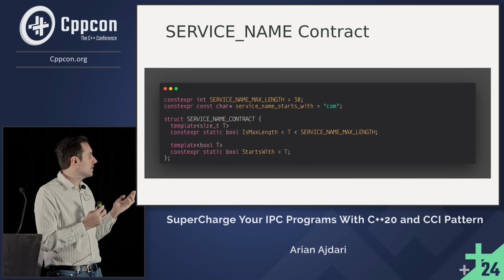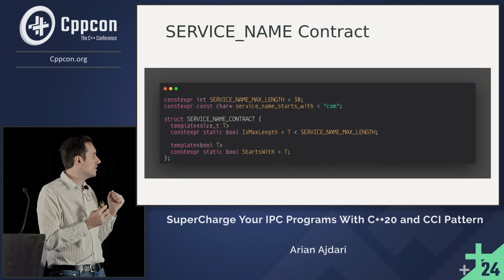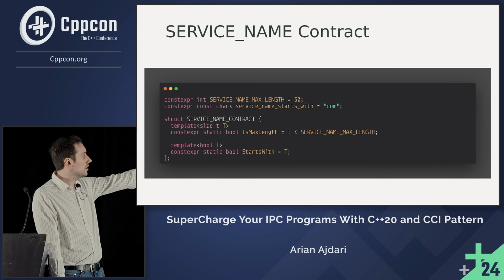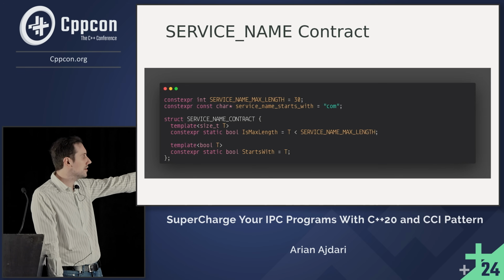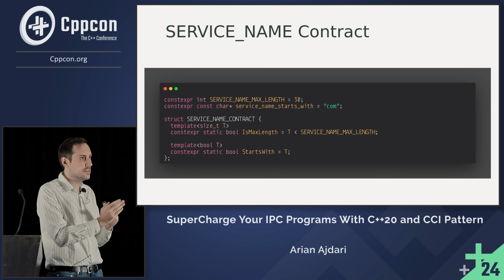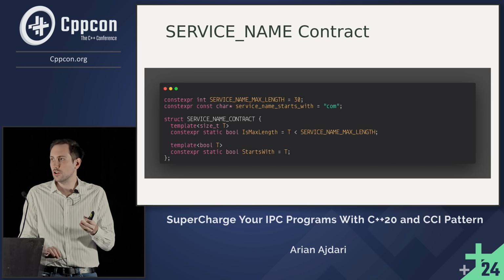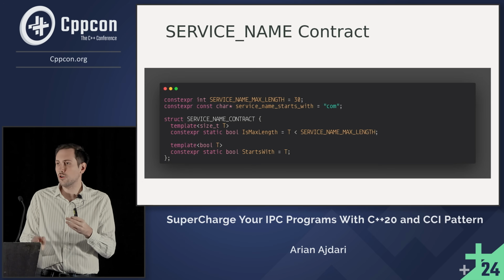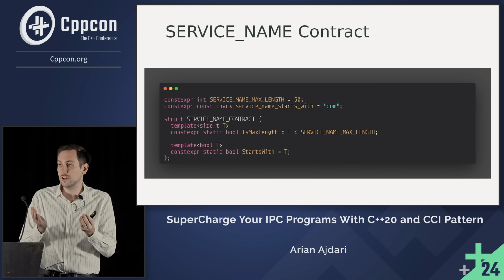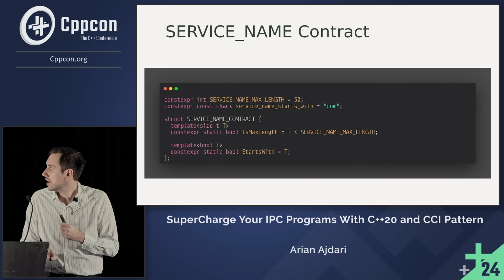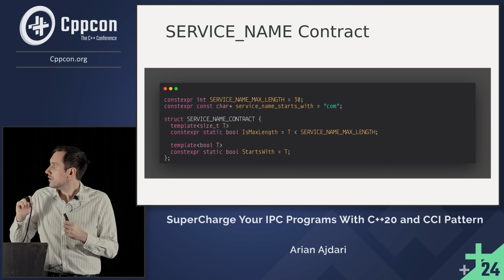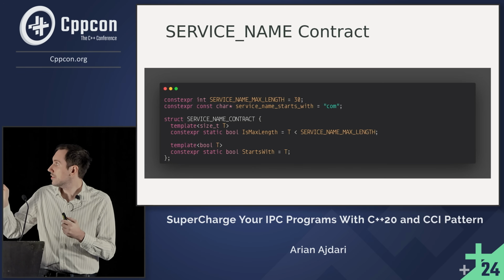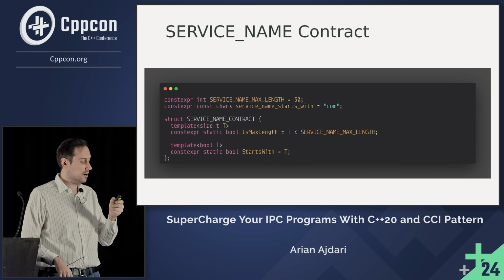Then creating a contract was easy. We had only to use 2 clauses. And you notice that it's the first time that we are using a clause which does not return a Boolean, but it returns actually the size of the constant string. So this is like an exception, because in the beginning I told you that all of our clauses will return Boolean, but you are not forced to do that. According to your needs, you can update your contracts to return different types. In our case, we want to make sure that we get size_t. So the first clause is whether the max length is satisfied, and the second one is whether it starts with the constant string that we specified above.